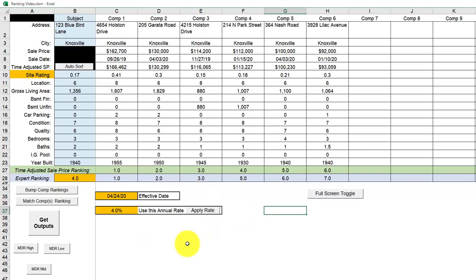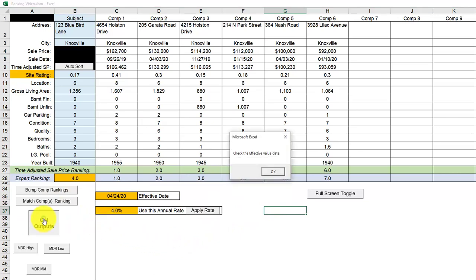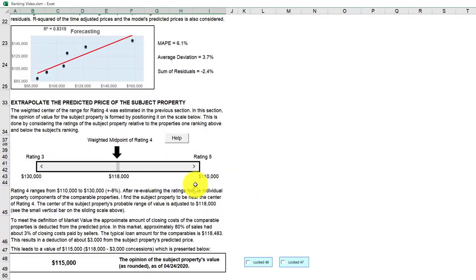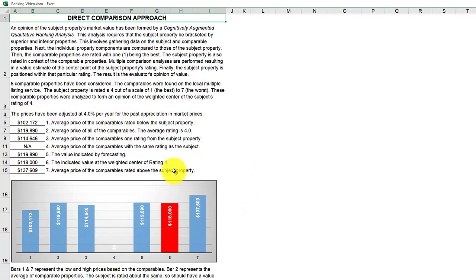Now, what I'm going to do here then is I am going to get the outputs. I'm going to go ahead and run. Now it's going to warn me this effective data value is because it's an older analysis, and it's warning me that maybe I forgot to do that, but that's the way it's meant to be, so I'm not going to correct it. Then this is your main valuation sheet. And you can read this. I'm not going to go through it and read it, but take a look at what it shows.